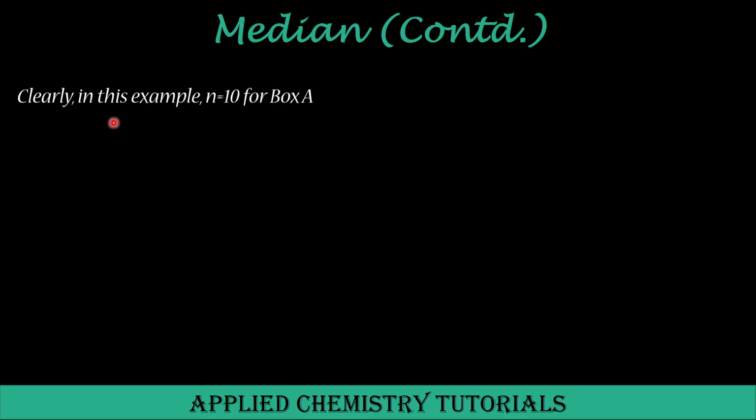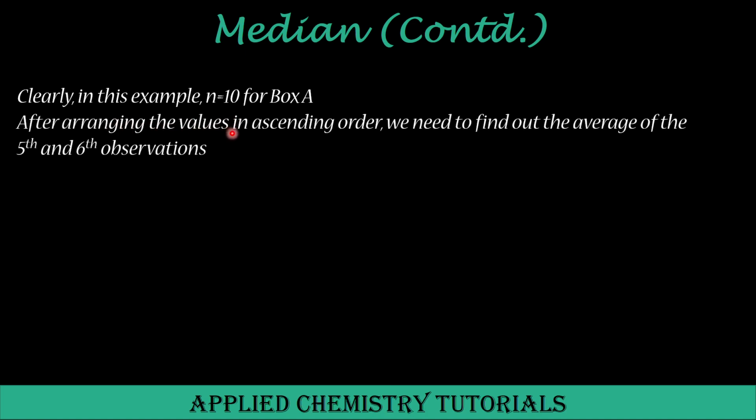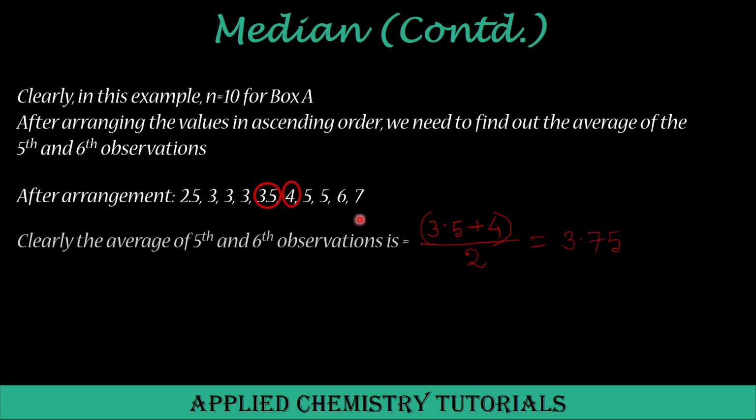So clearly in this example, n equals 10 for box A. After arranging the values in ascending order, we need to find the average of the n by 2th observation, or the 5th observation, and the n by 2 plus 1th observation, or the 6th observation. After arranging this data set in ascending order, we can obtain this newly formed data set, and the 5th and 6th observation can be given